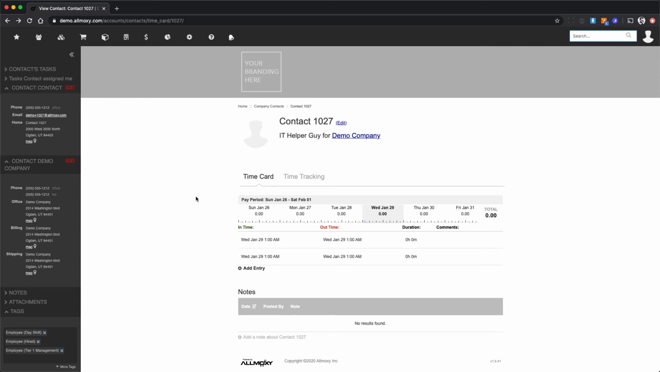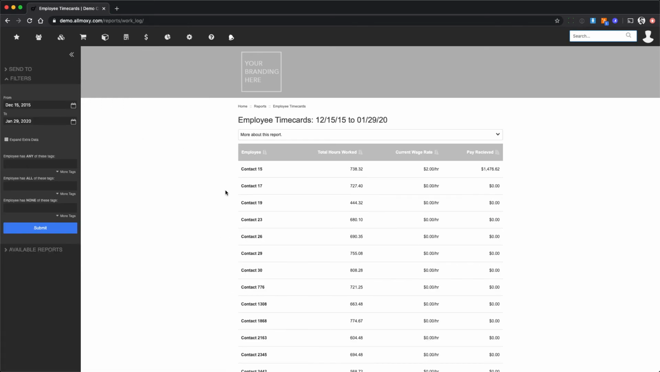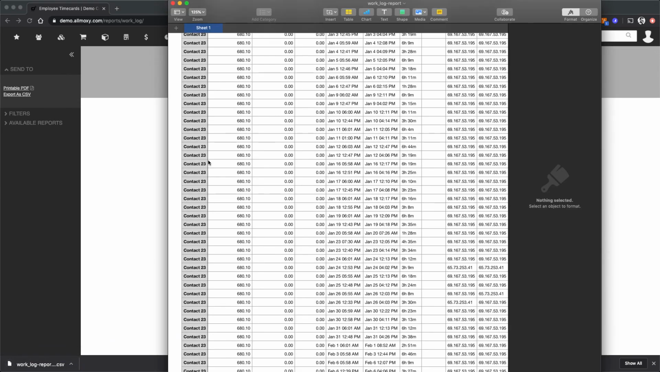Okay, so if you're going to run payroll, you're going to want to go to Financial Reports and Employee Time Cards. So this report's going to show you from a filtered data set, or in other words, from a payroll period, all the clocked hours of all the employees. So what you're going to do is send to, export as CSV, and when you open up that file, you'll